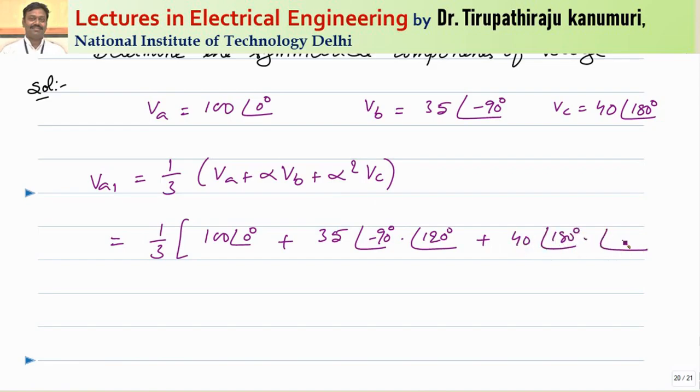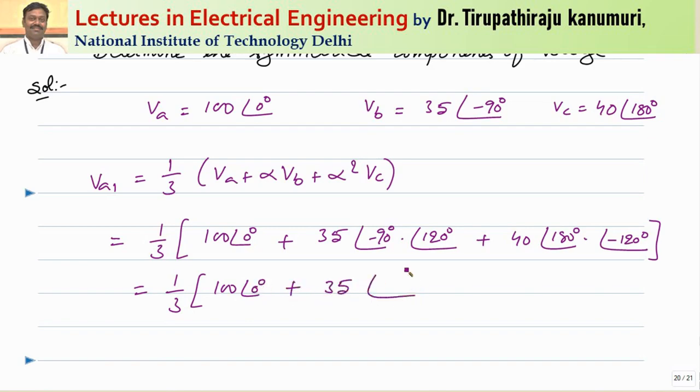So this will be multiplied by 240 degrees because alpha square is nothing but 240 degrees, or you can write it as minus 120 degrees also, whatever you feel convenient. So I am writing minus 120. Even you can take plus 240, you will get the same answer. So this will be nothing but 1 by 3 times of 100 at an angle of 0 degrees plus 35 at an angle of